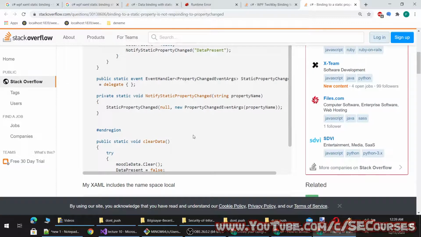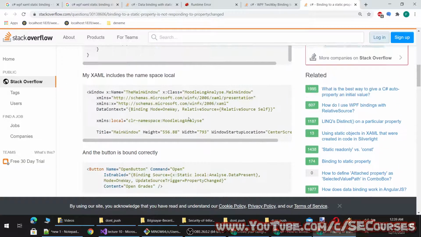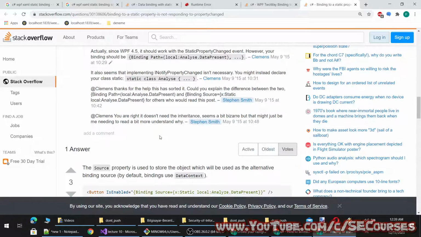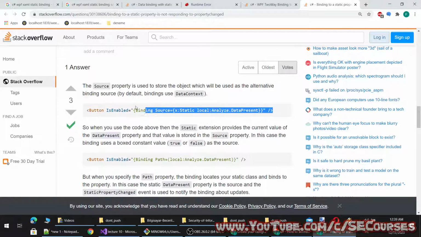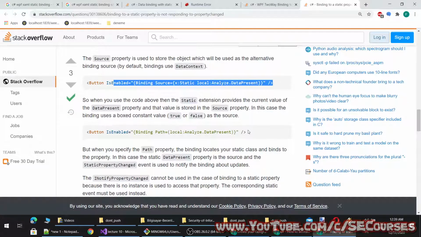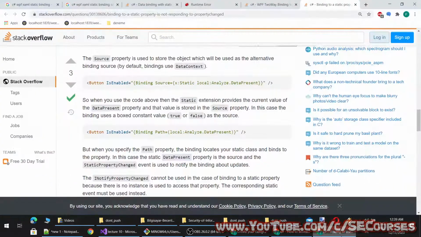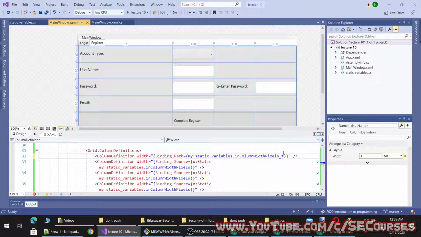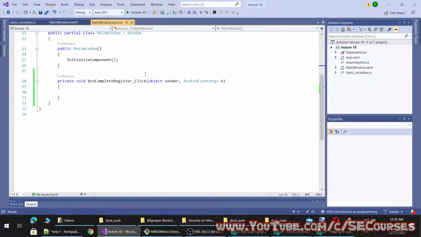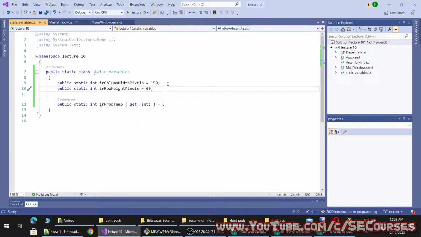When we change it to path, it is not working. There is binding source. Okay, we have made it work. Okay, so the path is binding path equals, maybe this requires a string. Let's try it with a string.